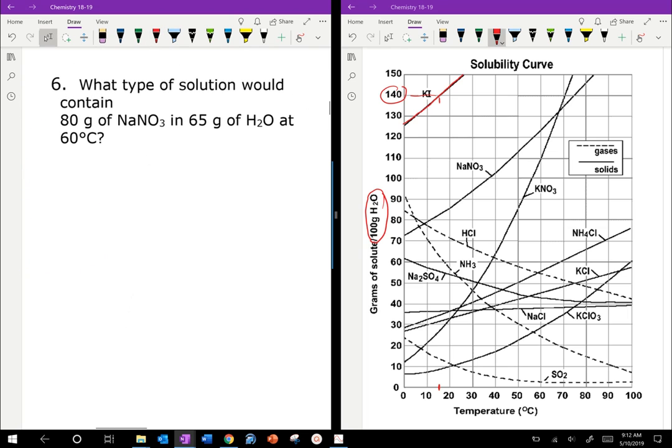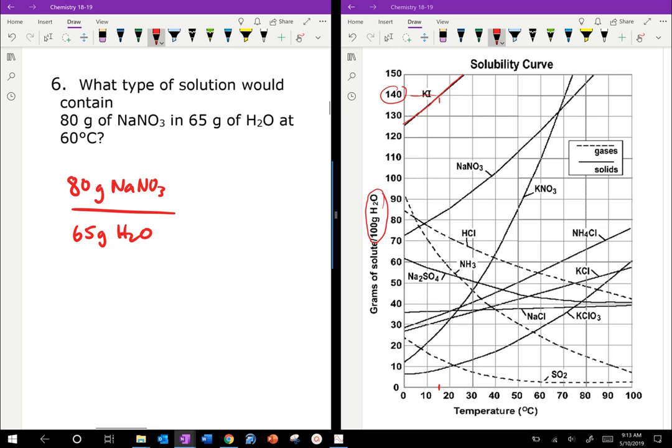What type of solution would this contain? Now, is this going to be on the line, like a saturated solution, or is it going to be an unsaturated solution or a supersaturated solution? That's kind of what it's getting at here. Which one are we up against? Well, we want to make sure we consider, again, that they're giving us 80 grams of NaNO3 in 65 grams of water